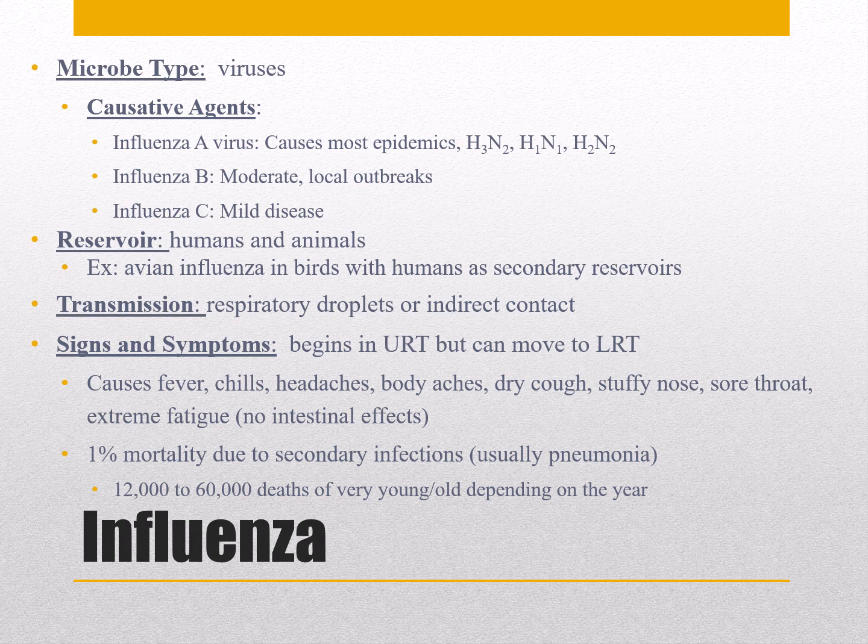So why do we have so many strains of influenza? We will talk about that. All right. So the reservoir is humans and animals. And I guarantee you've probably heard of where we see influenza in animals like bird flu or avian influenza, and swine flu was kind of the big one for quite a while there. Transmission is respiratory droplets or indirect contact. Signs and symptoms,